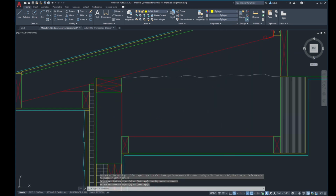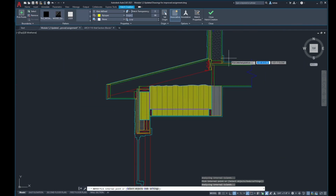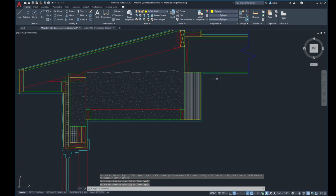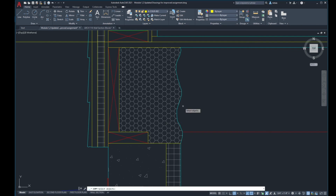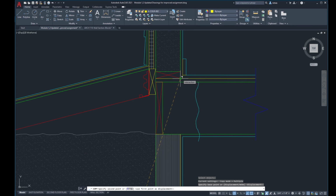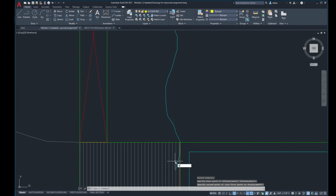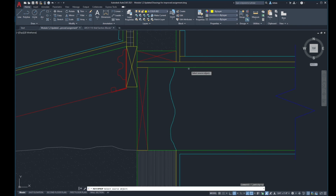And then I'm going to come in here and hatch this area, and this area, which is what that would fill. And then simply match properties to my cellulose. I've forgotten my joist insulation here. Well, that is going to be roughly the same height as this thing. So if I grab maybe that joint there, I can come up here, do that, although that's a little deeper here, so I'm going to bring that over to about there, trim that poly line back to here, and then in this case I'm going to call that cavity,